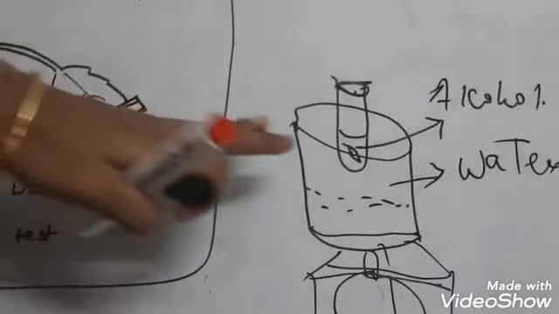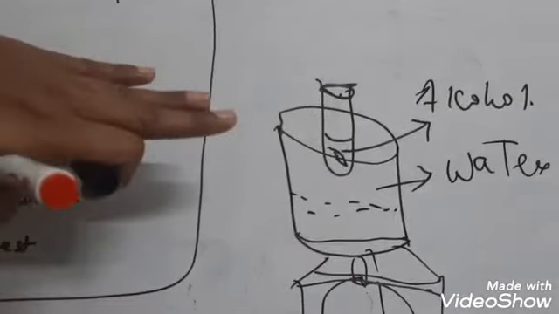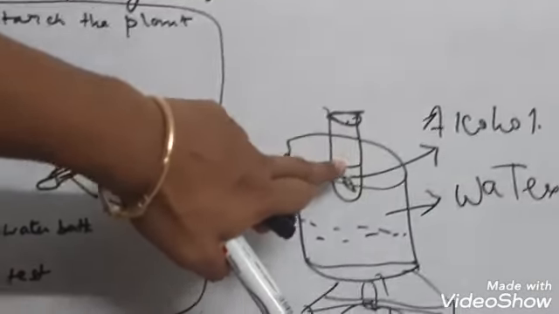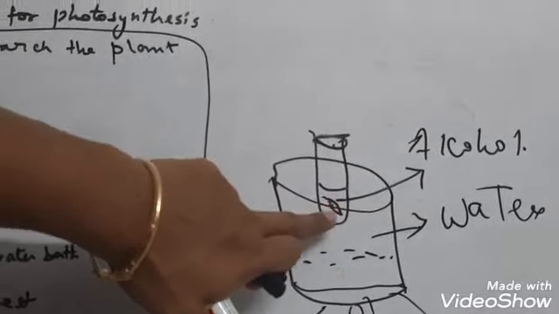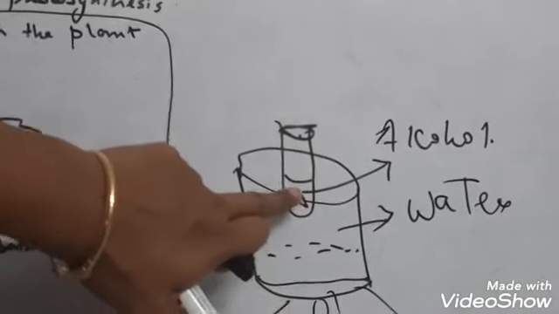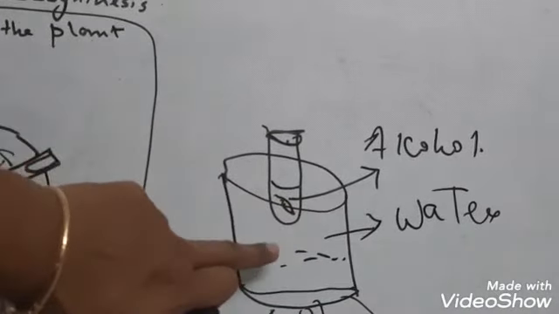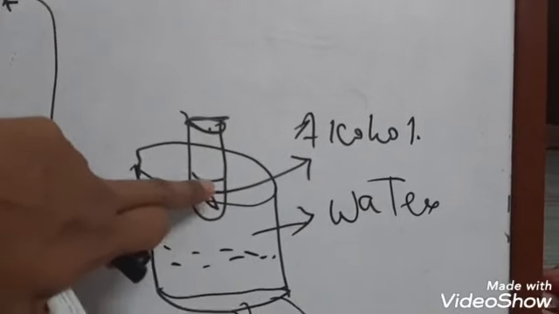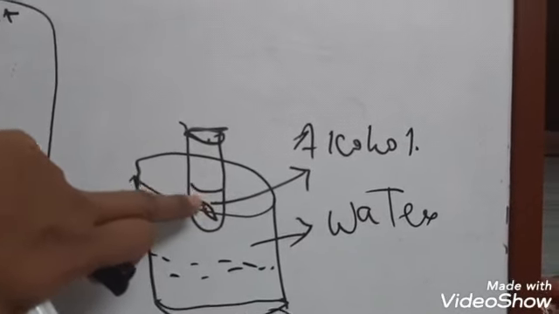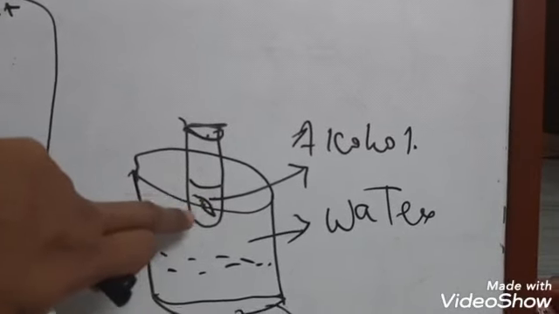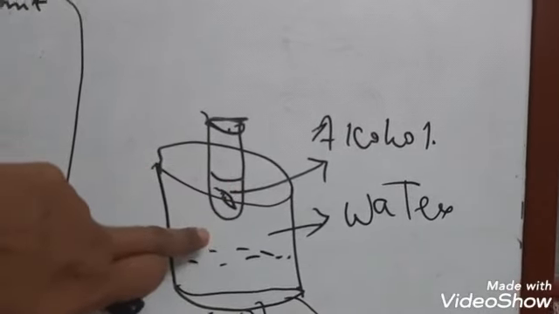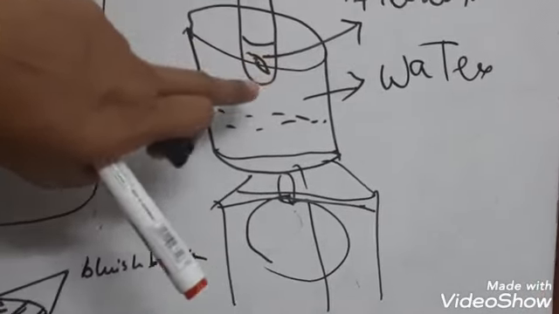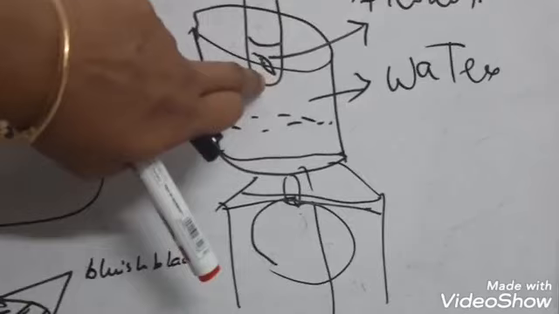Now why have I drawn this water bath, and what is this water bath? Now let me discuss. You cannot put the test tube filled with alcohol and the leaf directly on the flame, because alcohol is inflammable. And you see why I am putting it in the water, so that the accident of fire may not happen. And why not directly in the water? Why am I putting this leaf in the alcohol in the water bath? Because you see, chlorophyll is insoluble in water but soluble in alcohol.